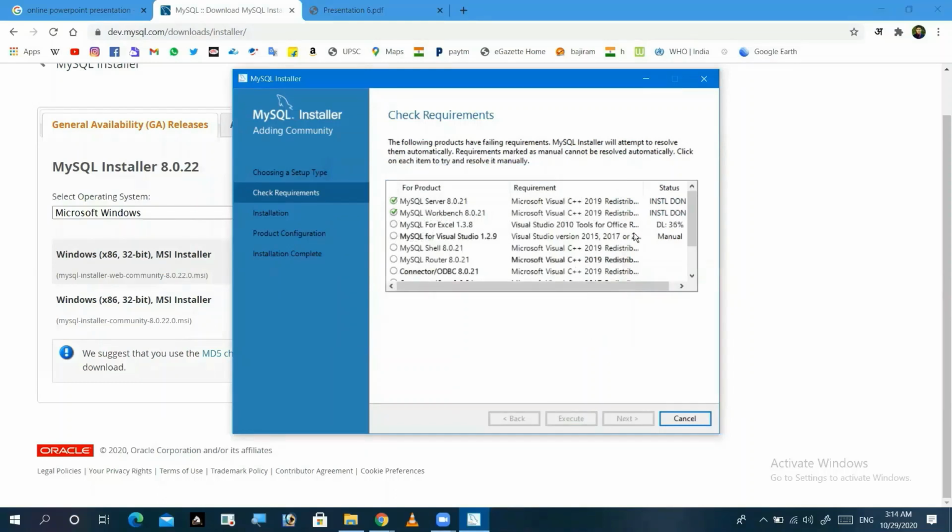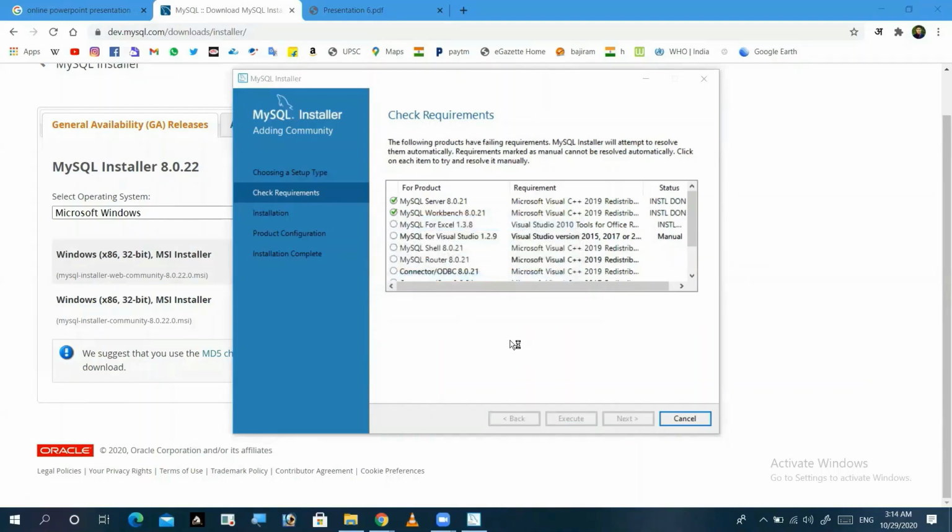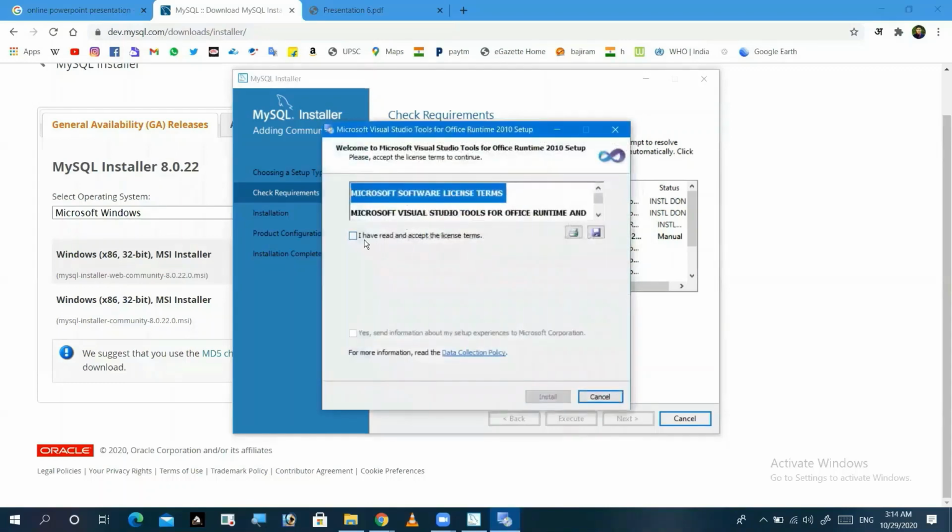Our installation process is ongoing, guys. Just follow this path and your installation is completed. Our MySQL installation is ongoing. After installing your MySQL, the Visual Studio installation, just click on this tab and install it.